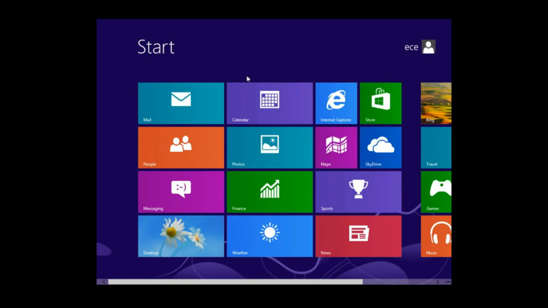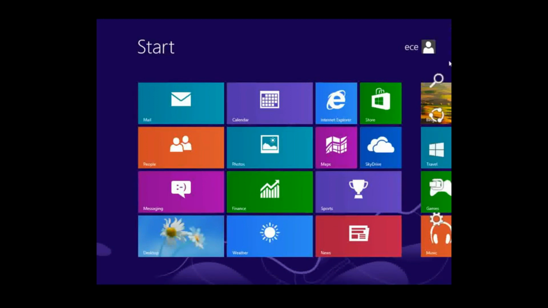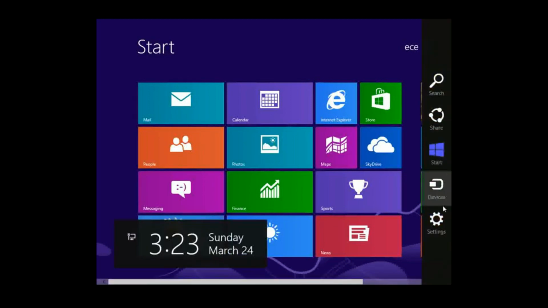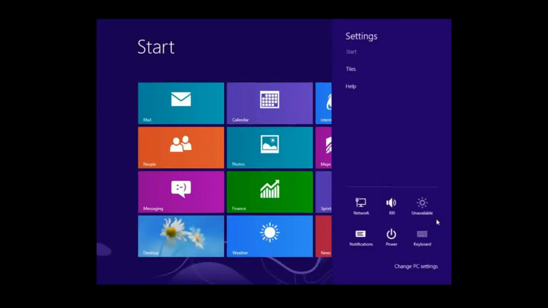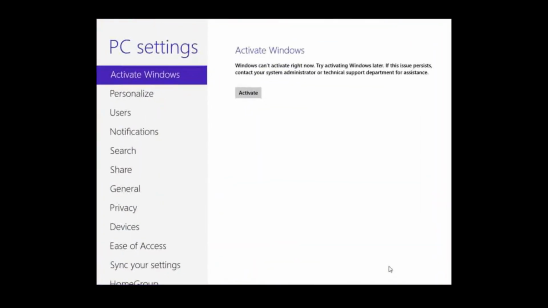How are you going to update in Windows 8? Just click anywhere so that the menu option appears on the right hand side of the screen. Just go to the settings at the bottom. After you click on settings, go to change PC settings and scroll to the bottom.